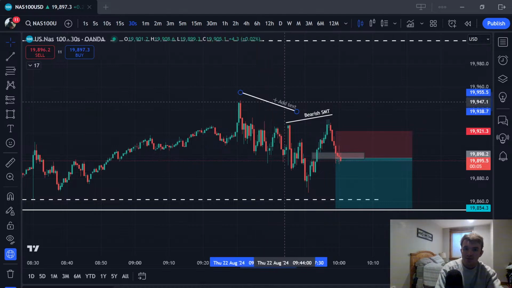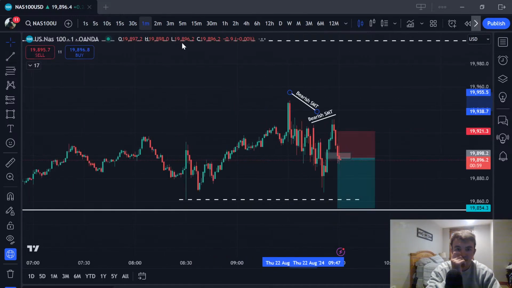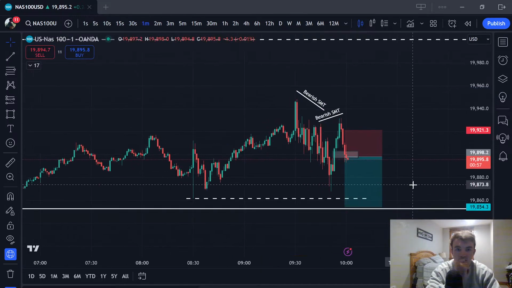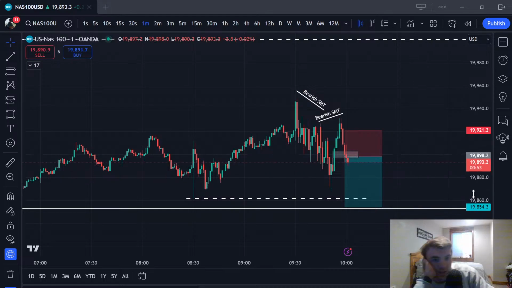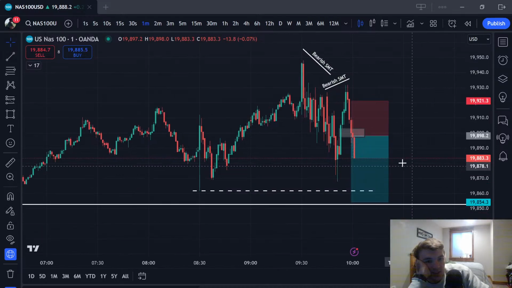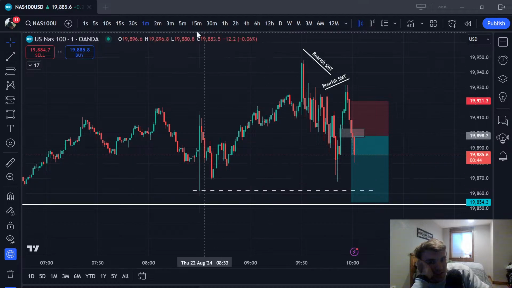There's also an SMT right here. So there's two bearish SMTs. So this is a trade you'd enter right here. I'm not taking this, but